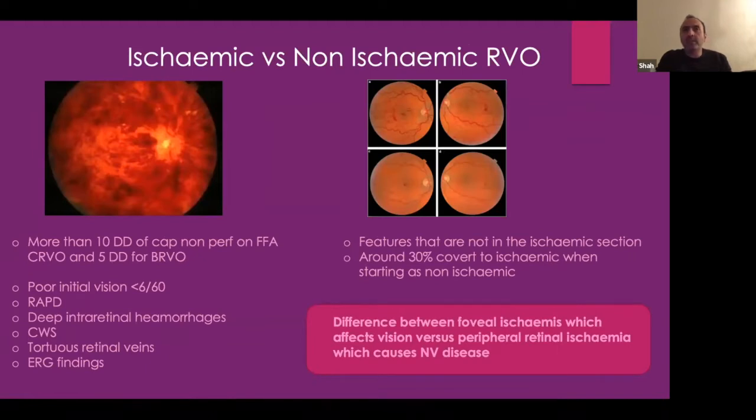Now, one thing that's really useful when you see patients with retinal vein occlusion is to actually describe it. So, when you're making a referral, is it a central vein occlusion? Is it branch, or is it hemiretinal? Those things make a difference. I would worry more about a central retinal vein occlusion because they often have worse prognosis.